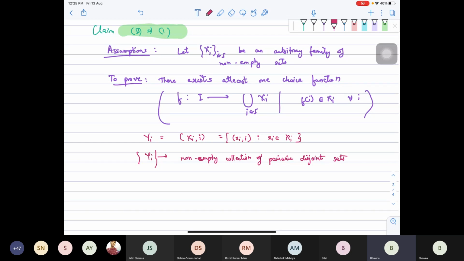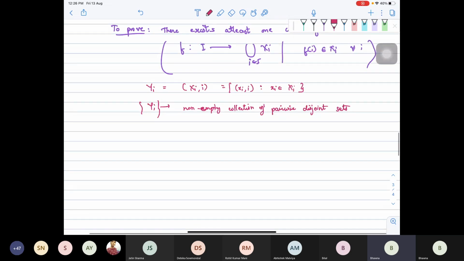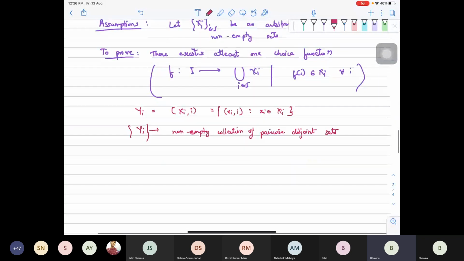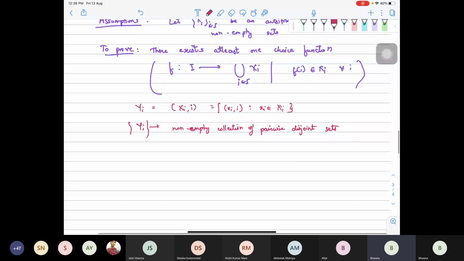If I take this form of tuples, then Yi is non-empty. Also, it is pairwise disjoint, because if I take any other j, the second coordinate will never be the same. So it is a non-empty collection of pairwise disjoint sets, and since 2 holds true,